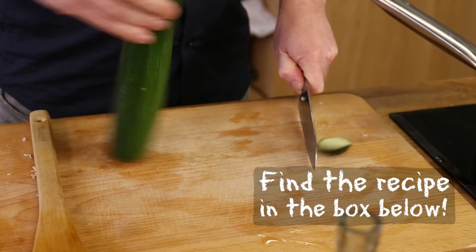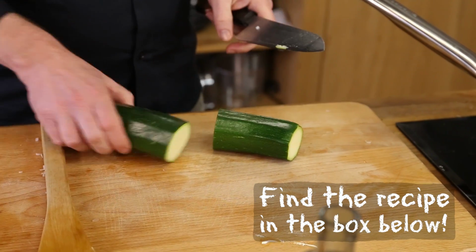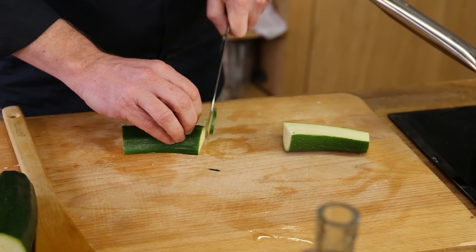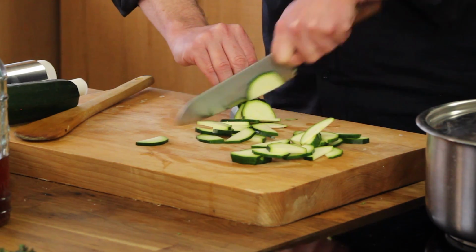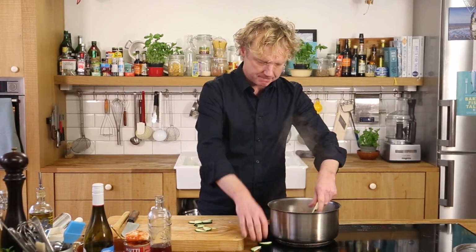Meanwhile, I'm going to cut my zucchini. So for a recipe for 4 persons, it's 1 zucchini. We're making a recipe for 2, so half a zucchini, and I slice it in thin slices. So I've had the sauce here for 5 minutes. I add the zucchini